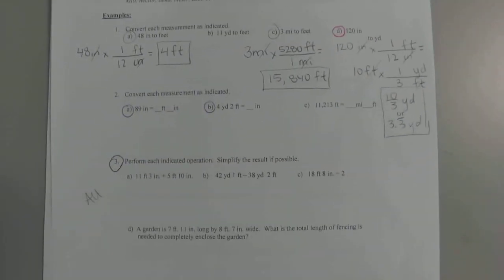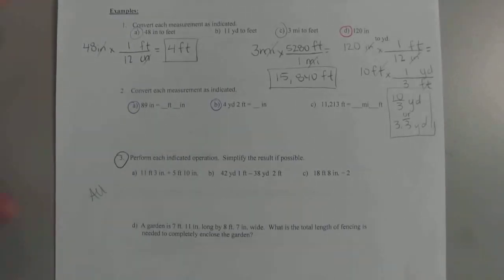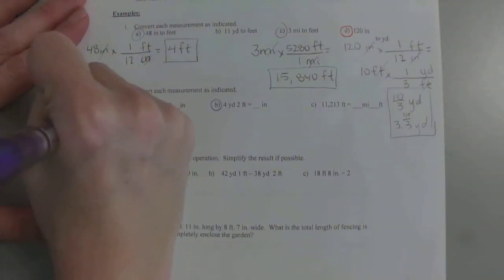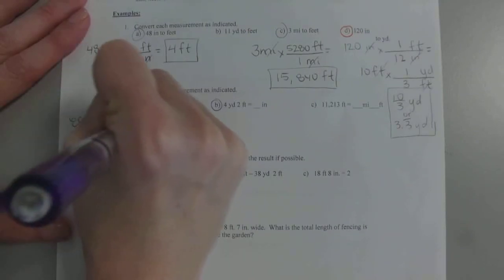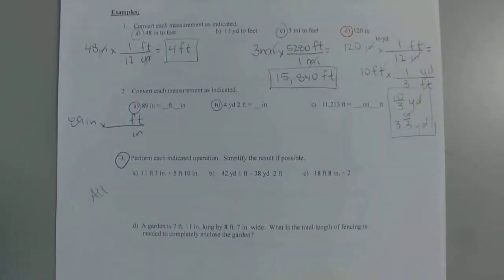All right, the next one we're going to do is when they don't go in evenly or they're not okay with a decimal answer like 0.5, they want it in feet and inches, all right? So we're going to go back to the main page, 8.4. And we're going to do these first two that we had tried on Tuesday, okay? So we're going to do our normal conversion, 89 inches